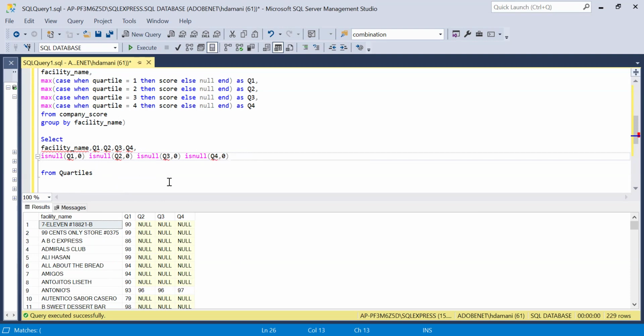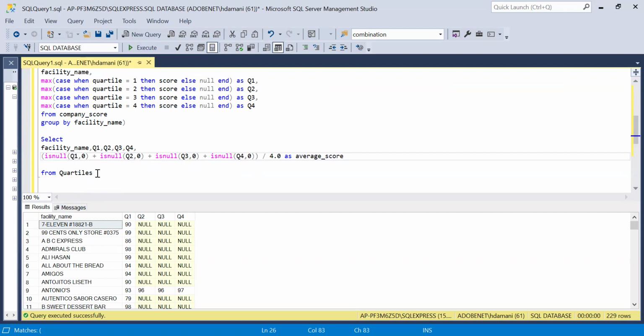Now, when we have to calculate the average, we have to sum all these up, and then divide this by the number of observations, right? So over here, the number of observations or number of columns is 4. So we have to sum this up and divide this by 4, right? So let me just take everything over here, and I'm dividing this by 4.0, since this could be a decimal value, because then only we will be able to get the actual number, right? And I will provide this alias as average score,